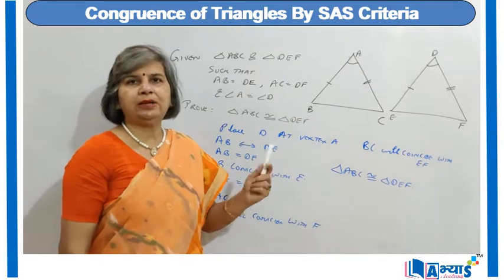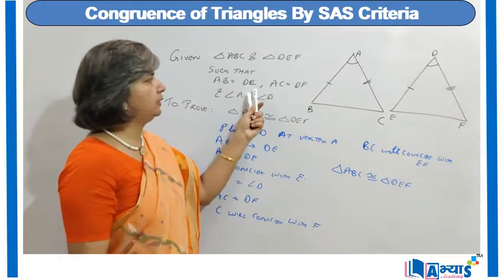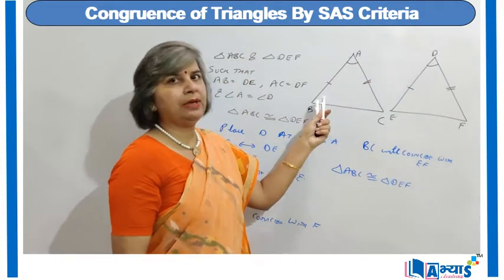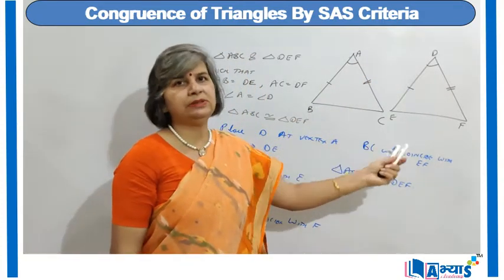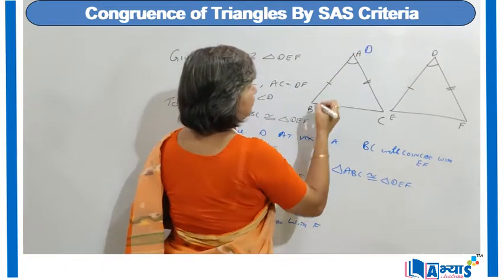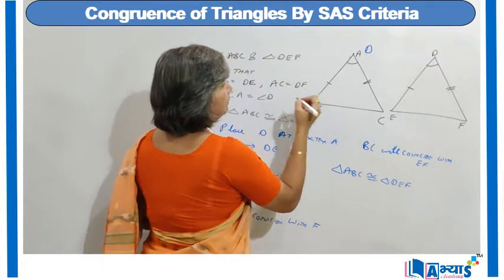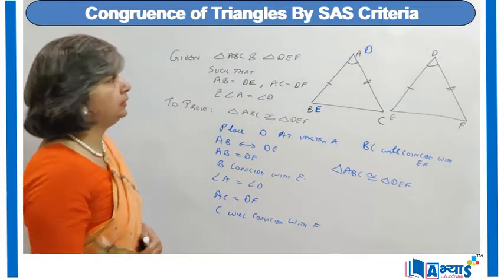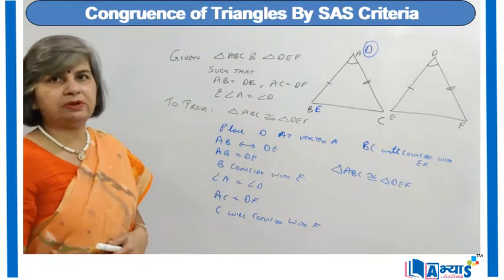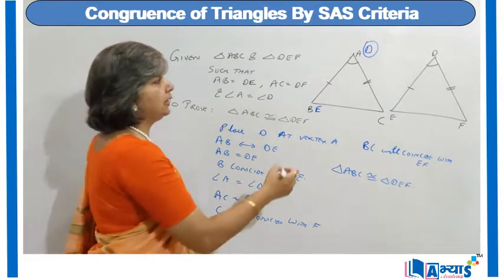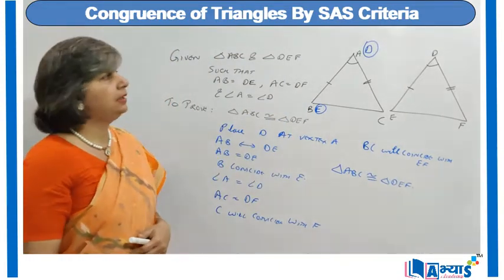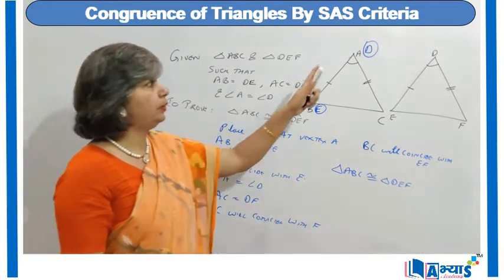So we know that AB is equal to DE, it has been given to us. So that means if we place D at A and try to align, B and E will coincide. Now as D has been placed on point A, E will come at the point B. That means when we place the vertex D on vertex A, we will get vertex E on vertex B.